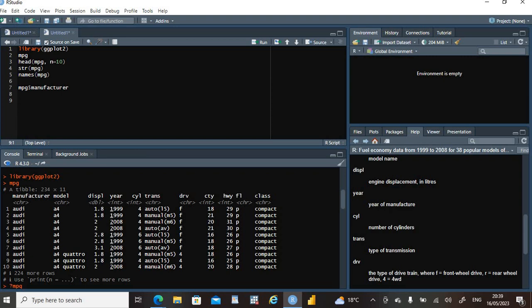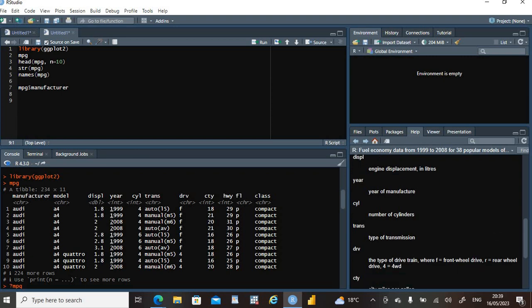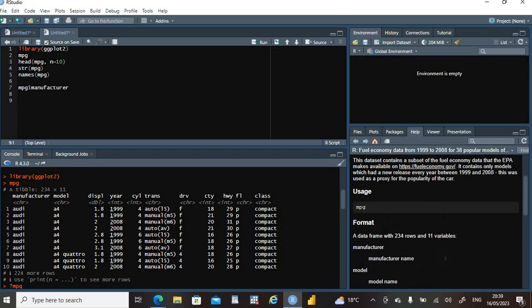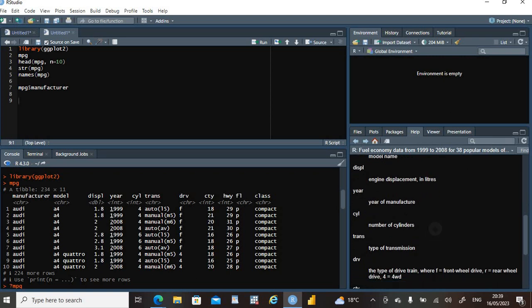We have the year of manufacture, we have the highway miles per gallon. Now we were talking about fuel consumption, so let's talk about the highway miles per gallon or the year of manufacture. Maybe we want to focus our analysis on those cars that were manufactured between